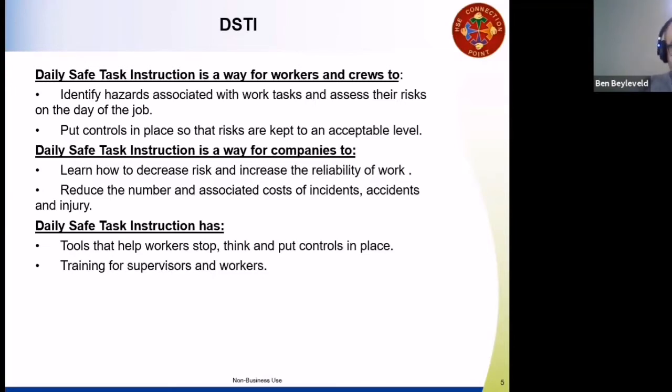Daily safe task instructions is a way for companies to learn how to increase the reliability of work and reduce the costs associated with incidents, accidents, and injuries. At the end of the day, that is why we do risk management, why we assess risk. We want to reduce. We want to take the information and